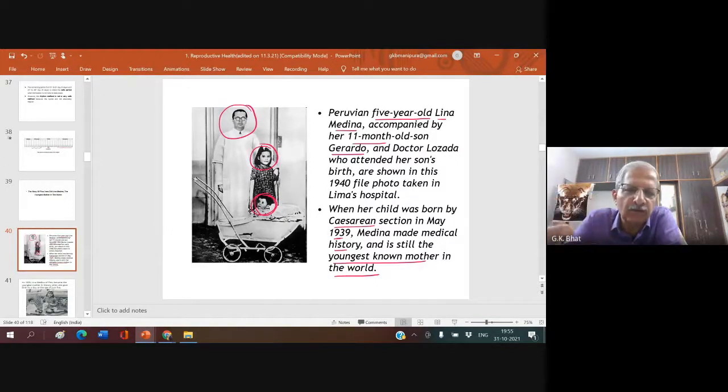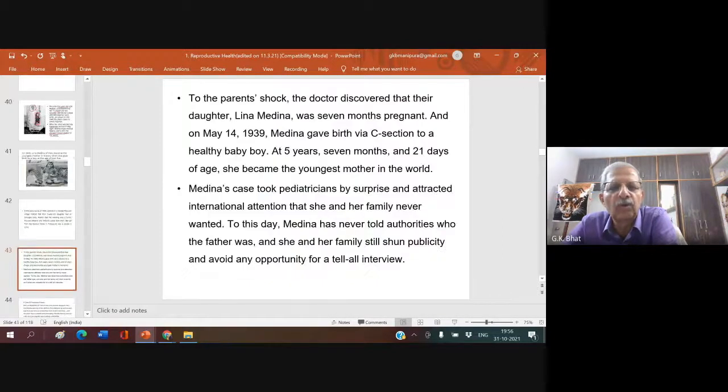Now, if you ask me the question, sir, why is it happening? Science has no answer. It is telling that the present day lifestyle, junk food, and the different types of food consumed by these children are in one way or another responsible for this precocious puberty, one getting puberty much earlier during the lifespan. So we must be very careful while we consume the food that is available in the market. Don't think that all these foods are good for our health. Right? Now let me go to another point.